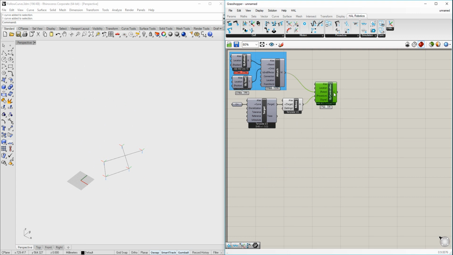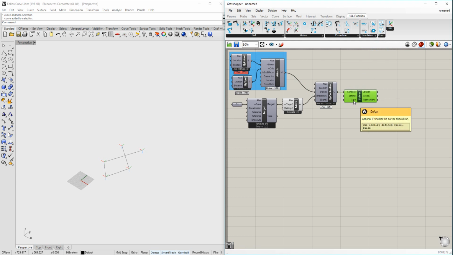Once we have our controller in place, we need to solve the trajectory. And solving is simply the process of ensuring that the trajectory is feasible. Calculating the speeds, calculating any singularities, any out of reach issues, and we find solve under simulation and procedure solver. It asks for a controller,